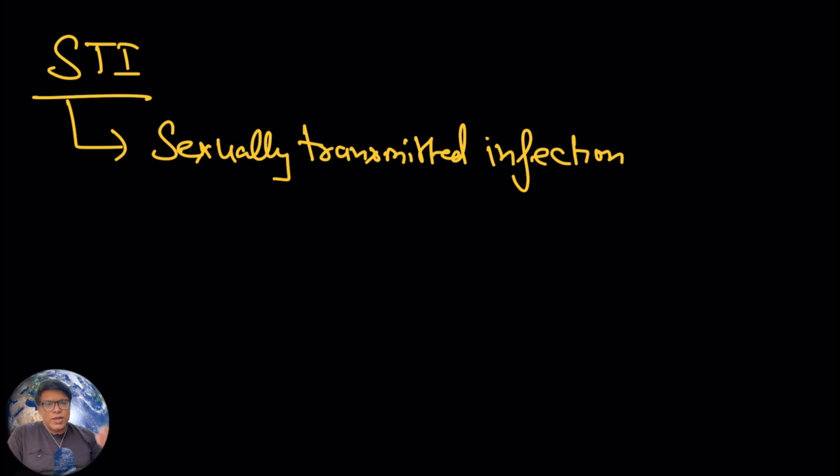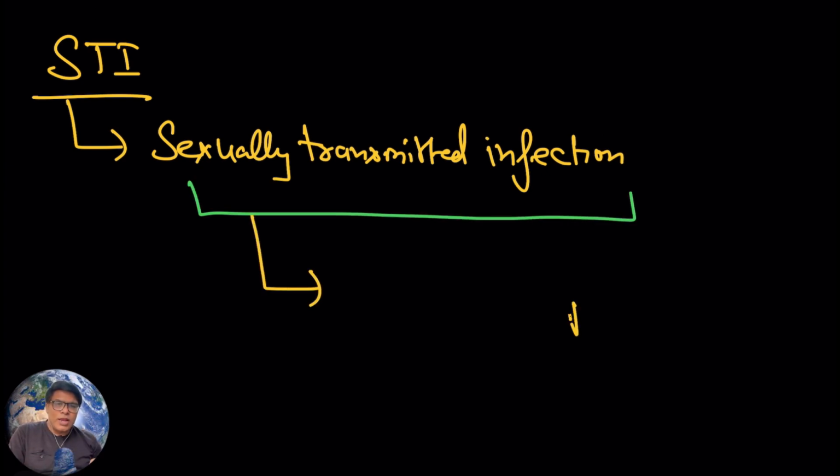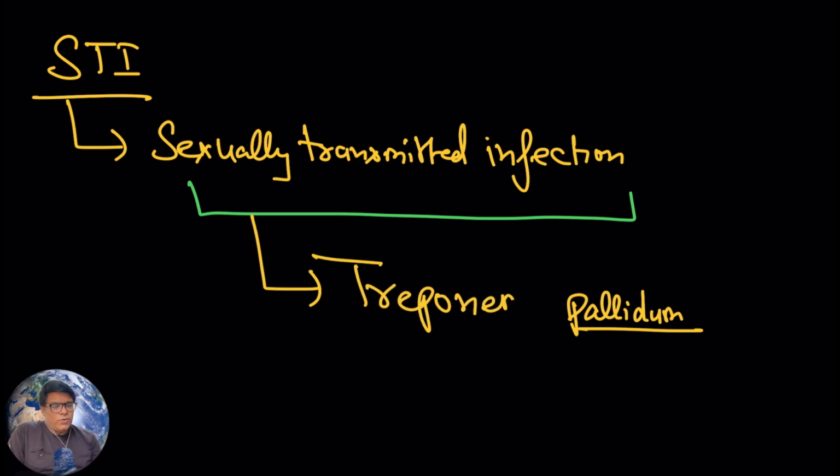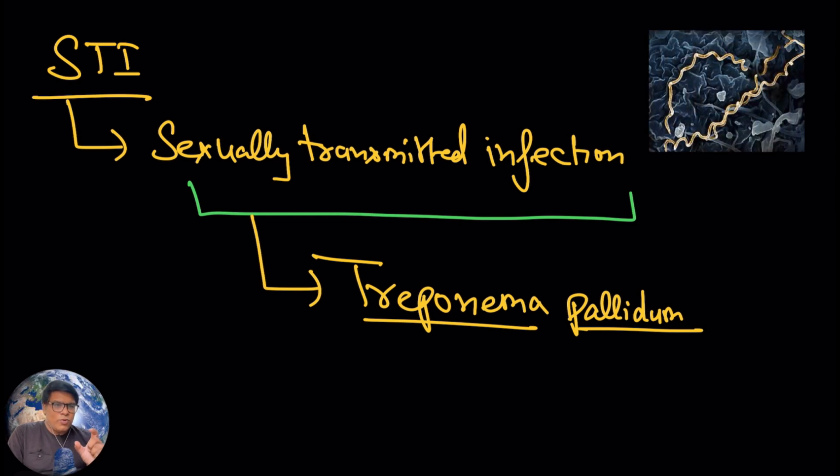Sexually transmitted infection means this infection can pass from one person to another person through sexual contact. Now here keep in mind the bacteria which is responsible for causing syphilis is Treponema pallidum. Now here you can see the picture of this bacteria, and if you see this bacteria, it is